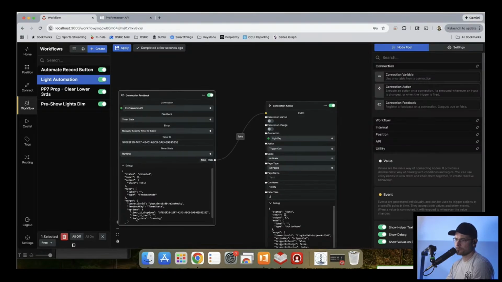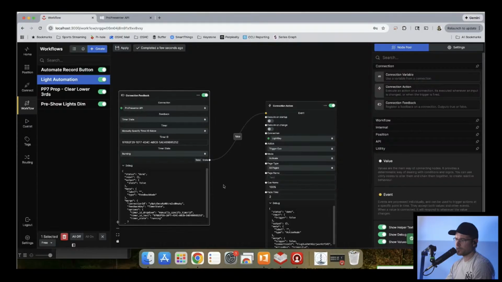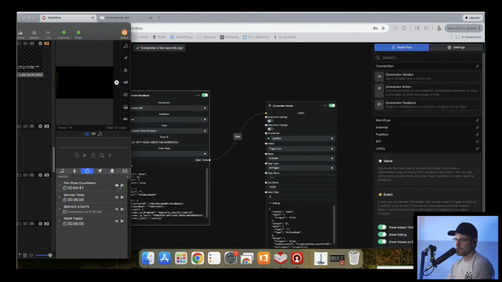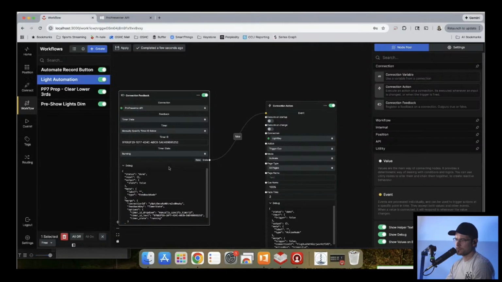State false. Timer setting when it's running. Here's the drop down. Oh, that's not what I said. There. So state false. Go ahead and stop. Go back. Still not showing. I have the specified ID in there when it's running.